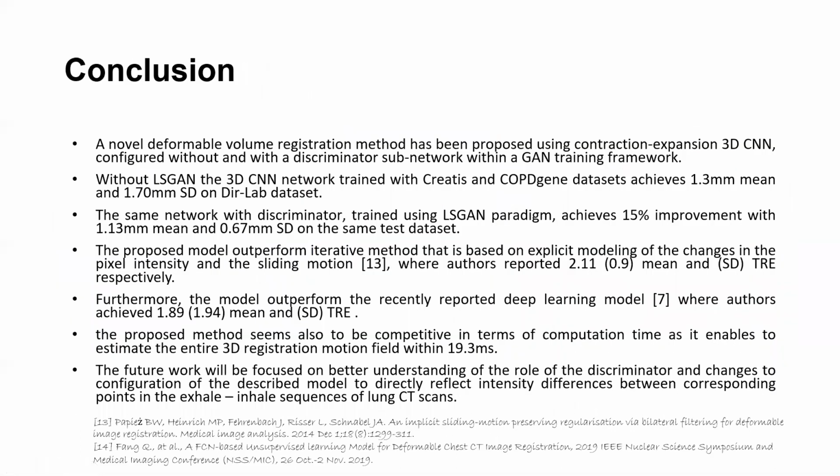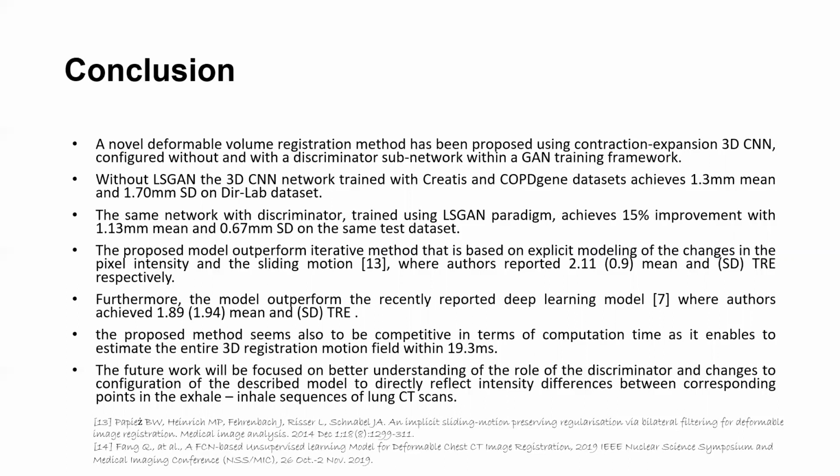In conclusion, a novel deformable volume registration method has been proposed using a contraction-expansion 3D CNN configured without and with a discriminator subnetwork within a GAN training framework. Without LSGAN, the 3D CNN trained with the CREATIS and COPDGene datasets achieved 1.3 mean and 1.7 standard deviation target registration error. The same network with the discriminator trained using LSGAN achieved 1.13 millimeters and 0.6 millimeters standard deviation on